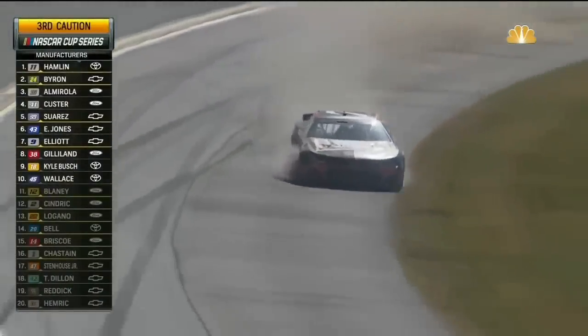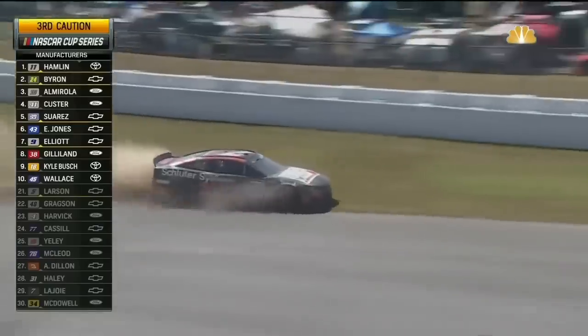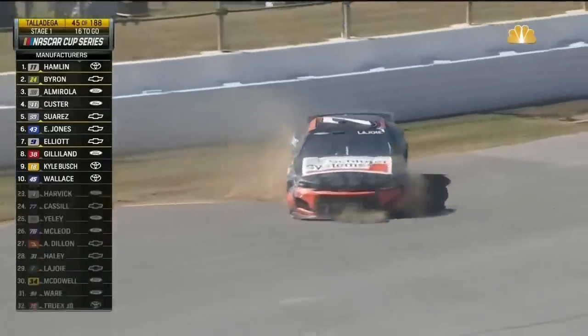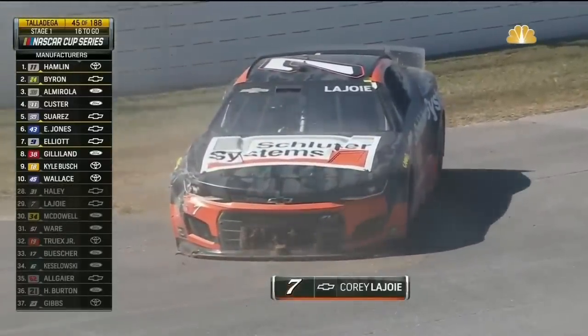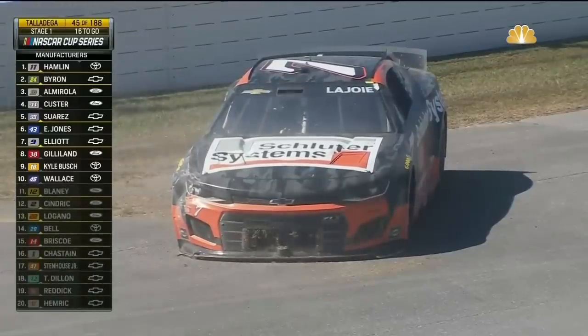The caution has come out now for the 3rd time, and this time it's the 7. Looks like Corey LaJoie with an issue, and he's going to slide into the wall. Had a lot of damage to the right side of that car. Yeah, the whole right side is destroyed. He was running in the 2nd pack, about 9 seconds behind the leaders. So I'm not sure if there was contact that forced him into the wall, or perhaps...